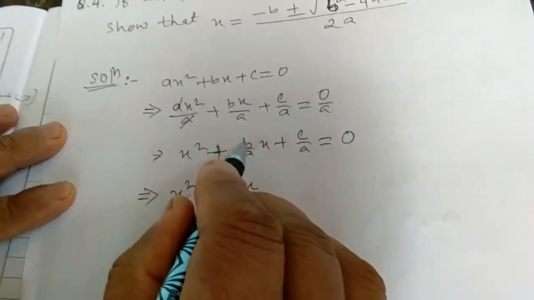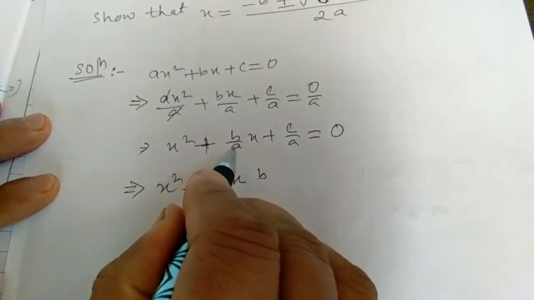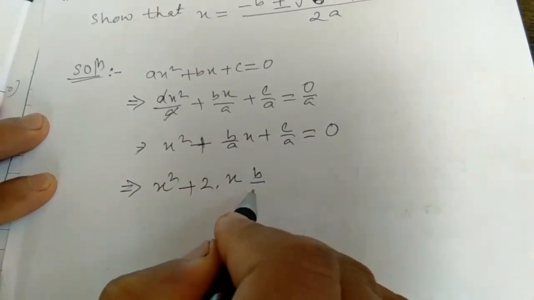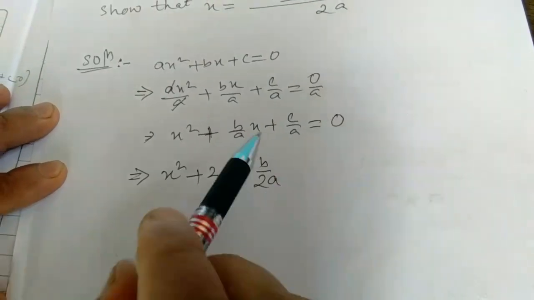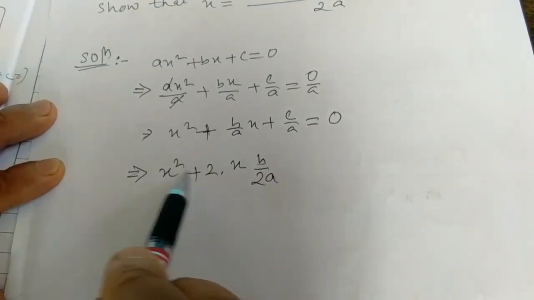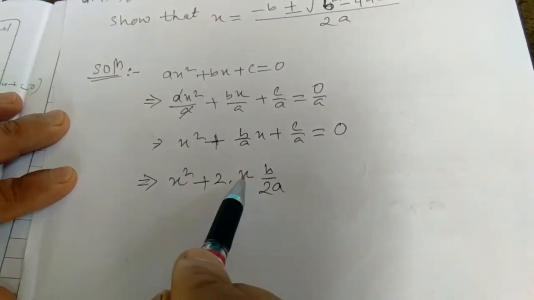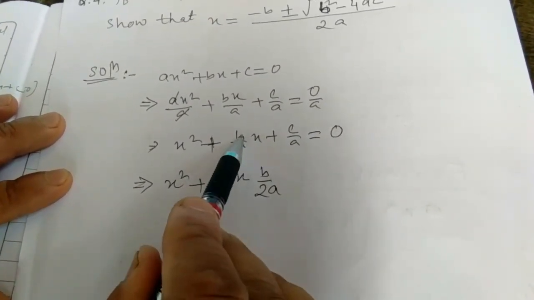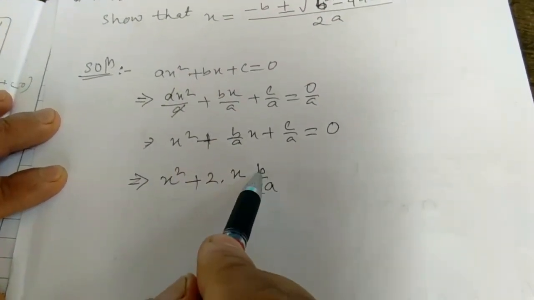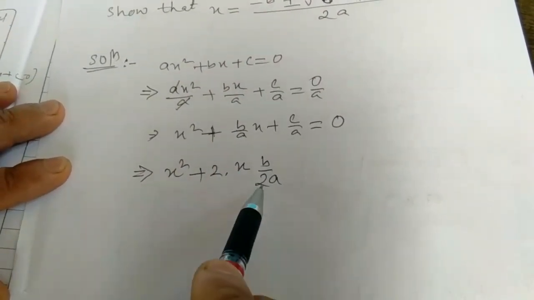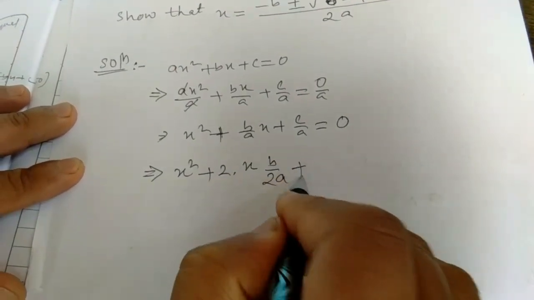You see this coefficient of x here. This numerator will remain as it is. Only the denominator will be multiplied by 2 twice. I think you understood. This is your a square plus twice a. A means x. B you don't know, so to see the coefficient of x, here it is b by a. The numerator will remain as it is, only the denominator you have to multiply by 2. That will be your b. So twice ab plus